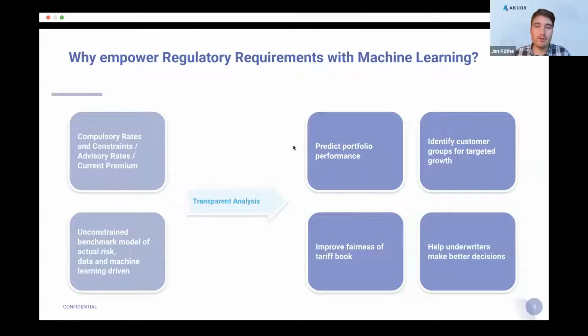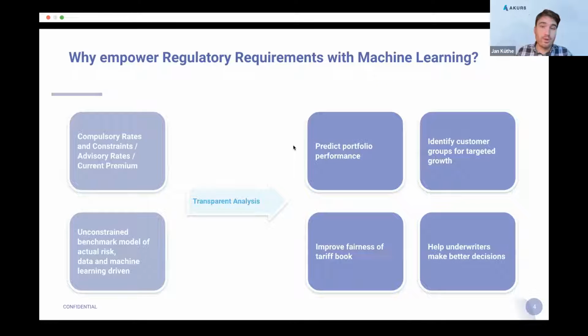And thus it can be very beneficial to also understand this very risk, to understand what your individual customers are doing. And especially it can be beneficial to do this exploration without too many constraints. Because if you do this, you can then understand the future portfolio performance.